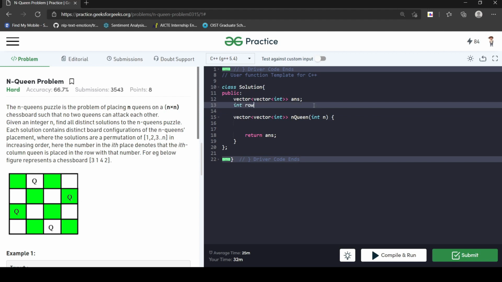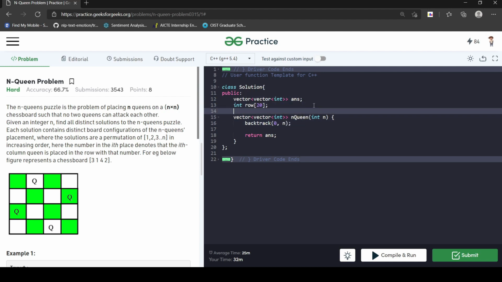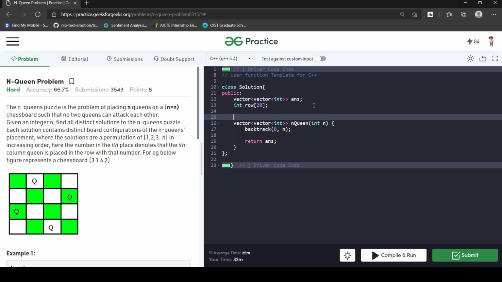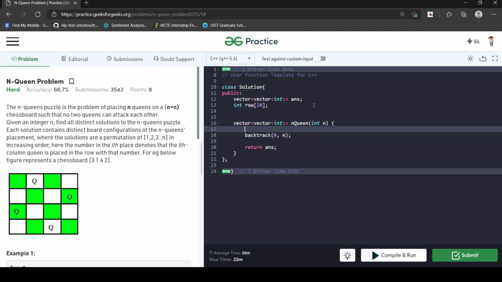So I will also have this for each row, right? For each column I have to find the row. So now I will do backtrack, right? And initially C should be given the column number, and also I should clear up the answer, right?